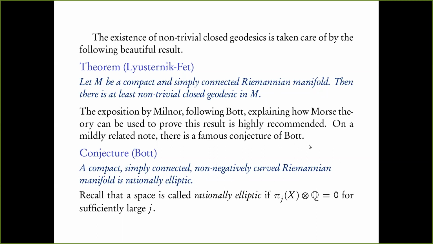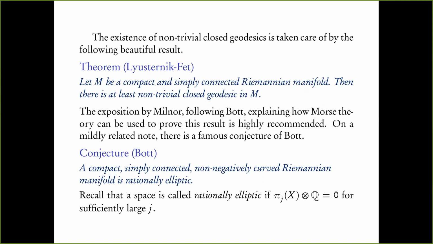So if you remember, Z mod 2 cross Z mod 2 tensor Q is 0. So the torsion part will vanish whenever you tensor with Q, because Q has no torsion. So this simply says that you look at the higher homotopy groups and you forget the torsion. Look at the free abelian part, and the free abelian part is basically 0 after a point, which essentially means that your space has higher homotopy groups which are torsion after a point. There's no Z to the k in pi j. That's all this means, okay?